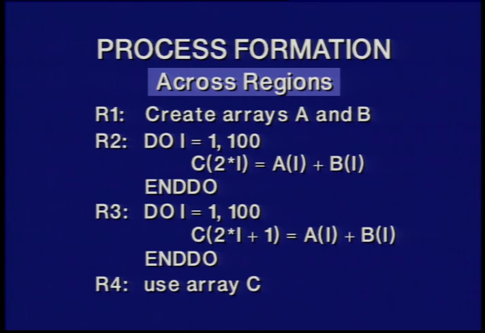Now, perhaps the do loops themselves could be executed in parallel, but the point of this chart is the recognition of regions in the program, region 2 and region 3 here, which can be executed in parallel. Now, this would be particularly important, say, if the inside of each of those do loops contained calls to procedures or had, of course, elaborate amounts of code in it. But I'm going to discuss the actual formation of useful parallelism later.